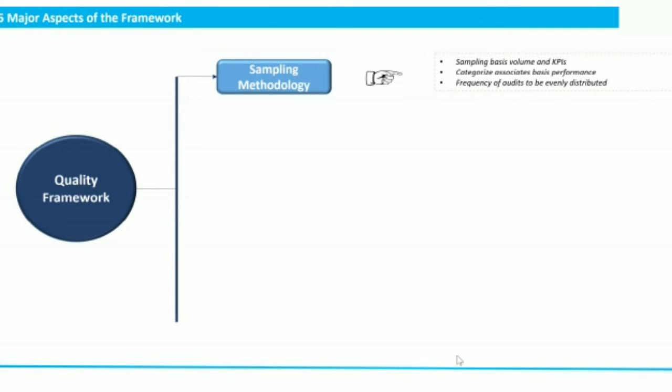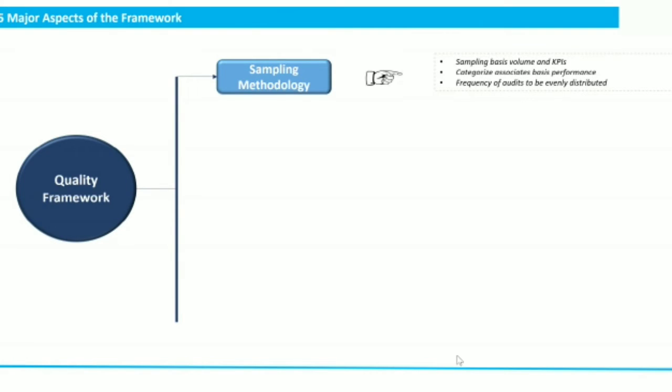The volume for a production unit would be the quantity of products being manufactured. For the service industry, it would be the number of calls or the number of cases, depending on your line of business, how many of those cases you get. Based on that, you need to define a sample. We will discuss how to conclude on an ideal sample for a particular volume. I'll present my sampling calculator in the upcoming videos, and how to create one.